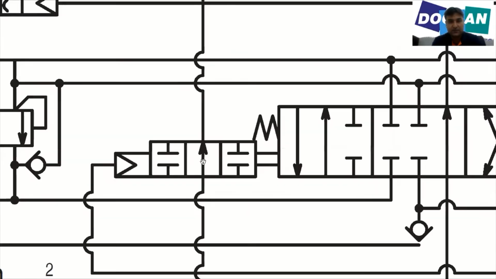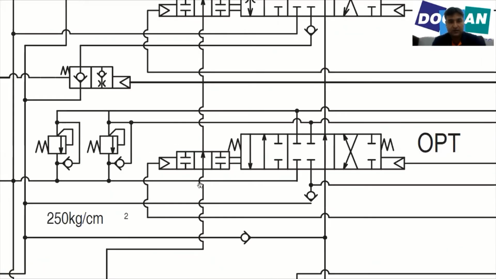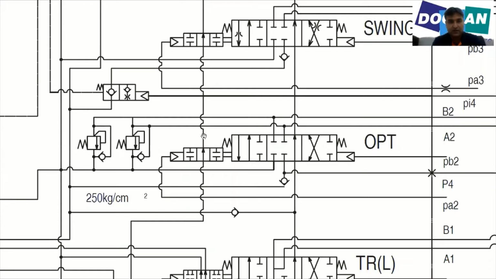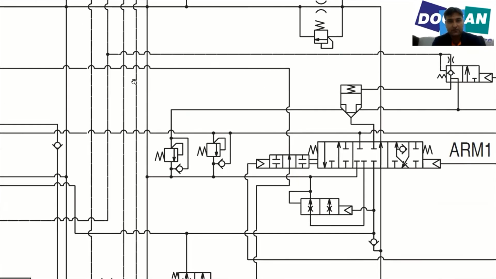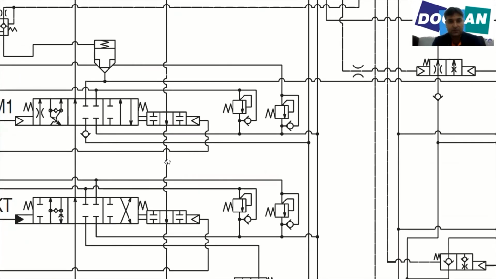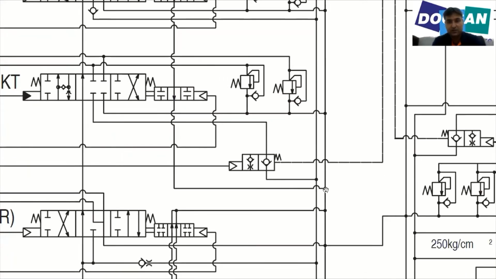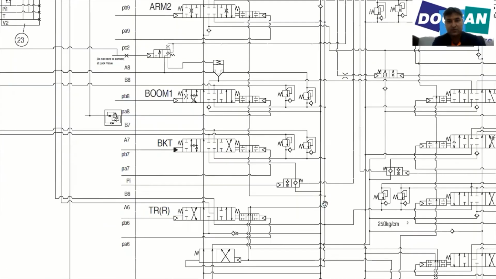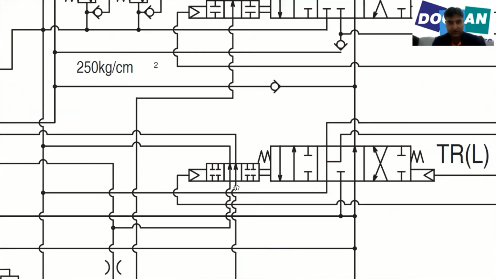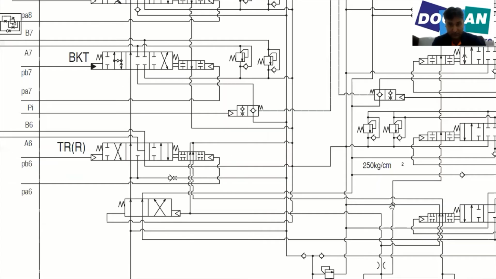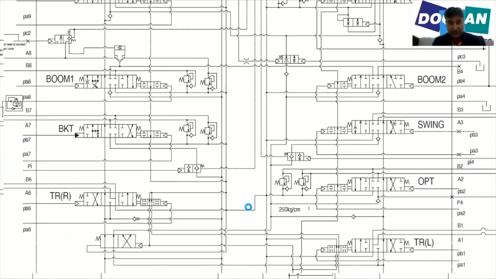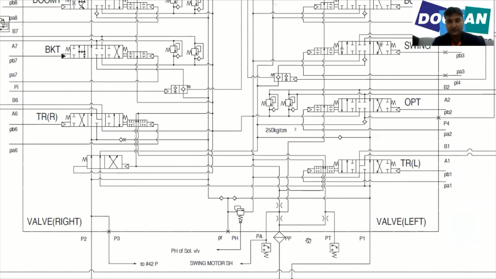Now if the spool is in neutral position, then this flow passes through the middle line, which is open, and then goes to another one, passing through each one and coming to the other side, passing through all the spools, and then finally merges into the tank line. And similarly for the travel as well. Travel also has three positions, and the middle one is open. So in this case, when the machine is idle, all these lines are open to tank. So there is very low pressure, which is less than 19 bar.